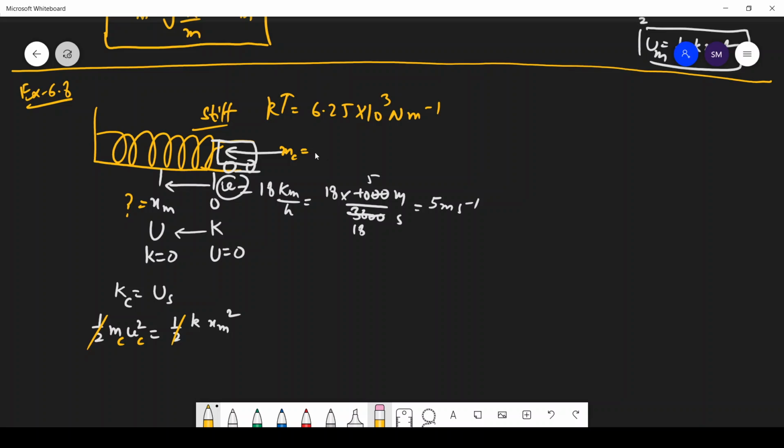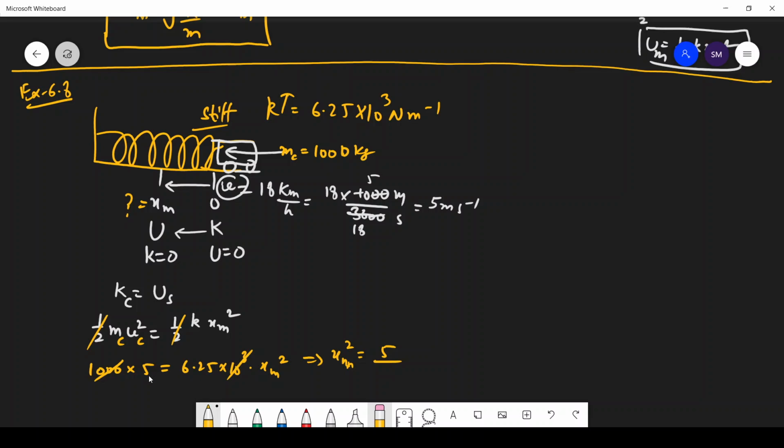So what is the mass of the car? That is given to us, 1000 kg. So put these values over here: 1000 kg in MKS, meter kilogram second, into velocity 5 meter per second, squared, and that's equal to what is the spring constant? 6.25 into 10 to the power 3 into xm square. The 10 to the power 3 cancels out, and this will be xm square is equal to